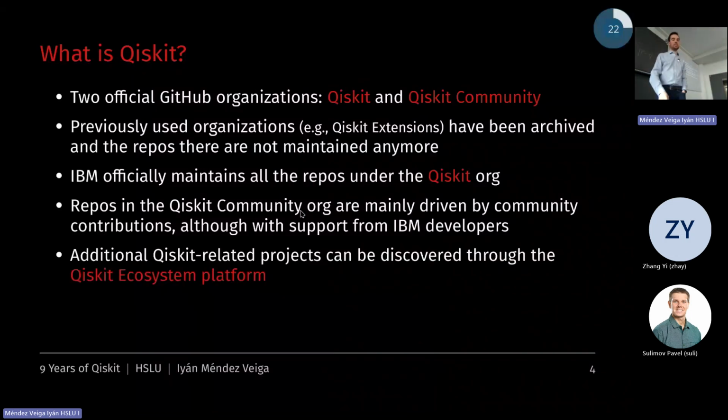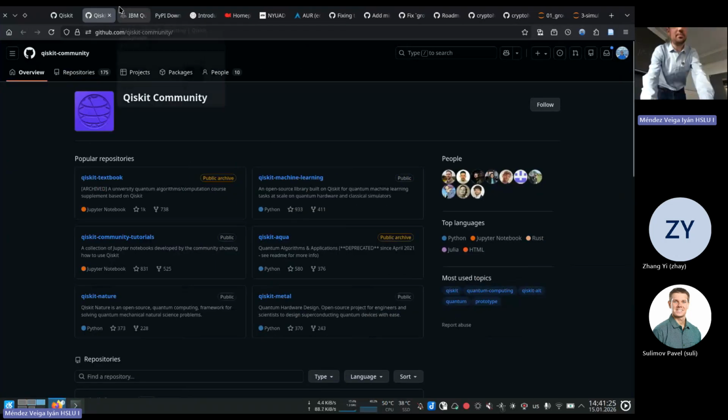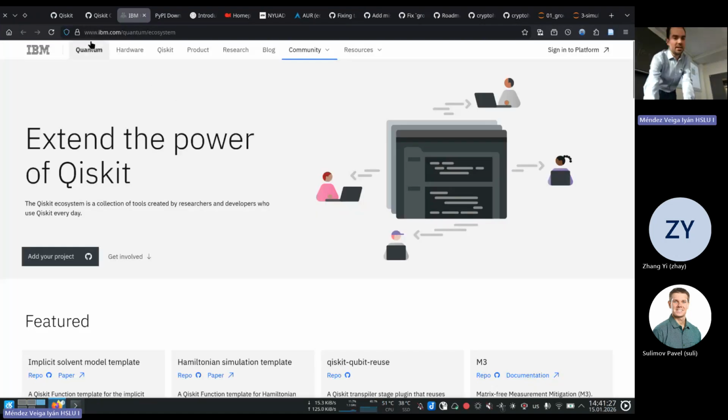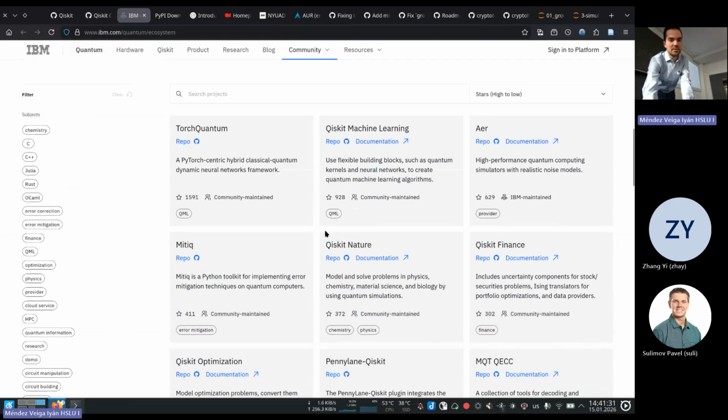And then there is this Qiskit ecosystem platform. If you have a cool software, if you have done an application, a custom gate or an add-on or whatever, you can apply for your code to be shown here. So this is the website, ibm.com quantum ecosystem, and you see here all these repos.